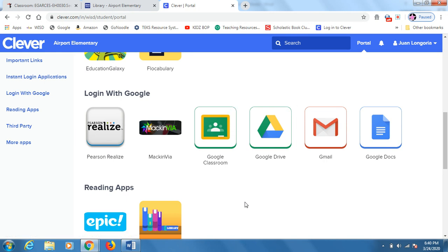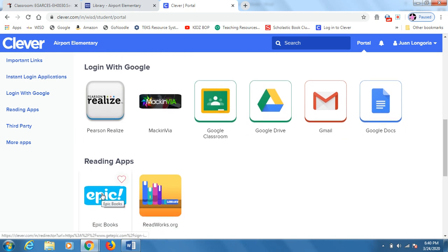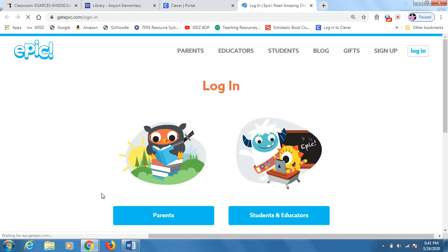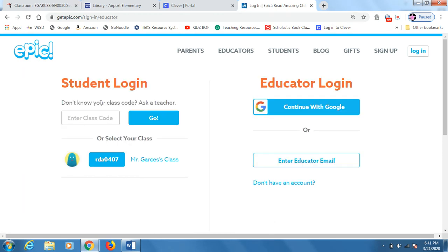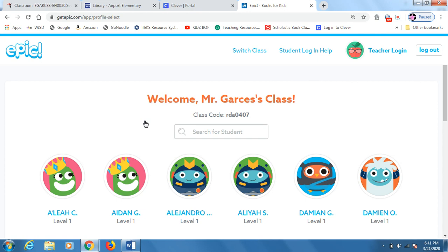The next one's going to be Epic, and this one's going to be for their reading. They're going to go in here, and they're going to go in as a student, and it's going to require a code, student login. So the code, I am going to send out the code also. That way everybody can have that. Once they get the code, they put it in there, they plug it in, and then it takes them to the classroom. So once they're in the classroom, they look for their name,